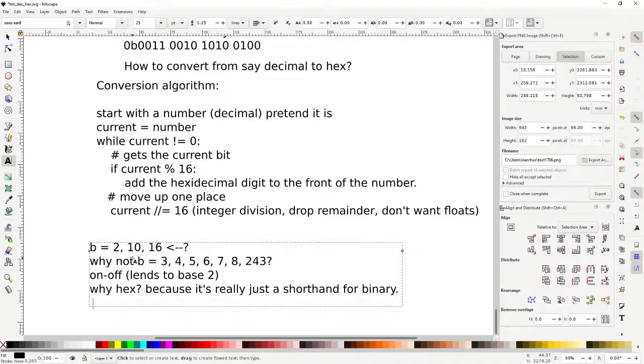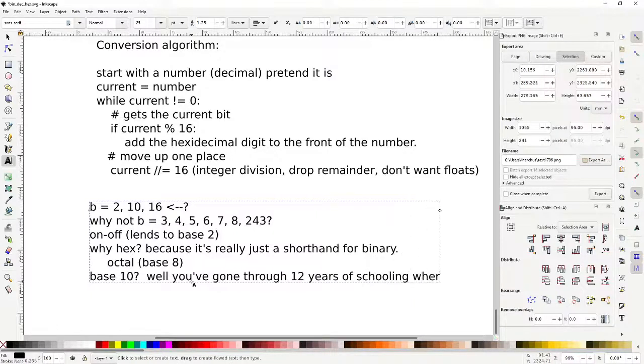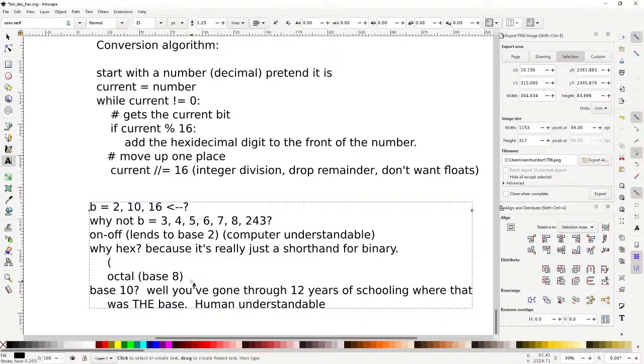There's actually another thing that you might see occasionally, which is called octal, which is base 8. We don't really teach that in this class, but it works exactly the same way as base 2, base 8, base 10. And of course you might ask, what's up with base 10 then? Well, you've gone through 12 years of schooling where that was the base, the only base that exists. So basically base 10 is human understandable, and base 2 is computer understandable. And technically octal, but mostly hex. You don't see a lot of octal anymore, but hex is, we'll call it human, sorta, computer, definitely understandable. Base 16 is kind of like the compromise